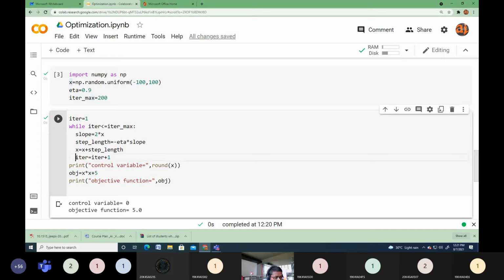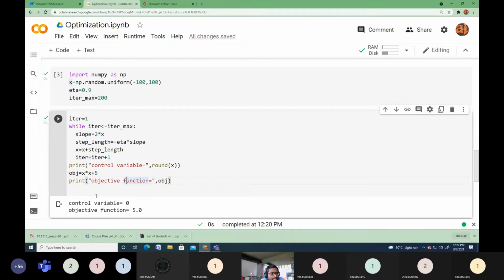If you are using the for loop, there is no need of using this increment. If you are using the while loop, I have to use the increment. Otherwise, with the for loop, your variable, the iteration, will be automatically incremented. So whether it is Python or MATLAB, the code may be different for different candidates. That depends upon how the student, the candidate, is thinking while writing the code. So this is my logical thinking to write the code. You may get some other expressions, or use some other loop.